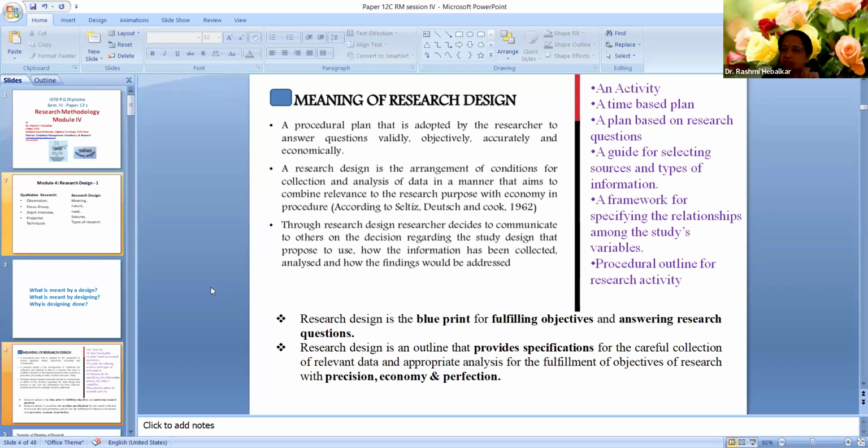Okay, fine. Sandeep has asked the query regarding the word economically from the first definition. You may have found in the second definition also, in the last but second line, there is the word economy. Anyone wants to answer this query before me? Okay. Whenever you are to take any decision, generally you do research. Whenever there is a problem, there is an issue, you do research. When you do research, you definitely design.